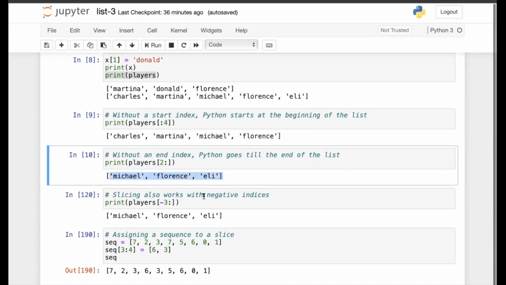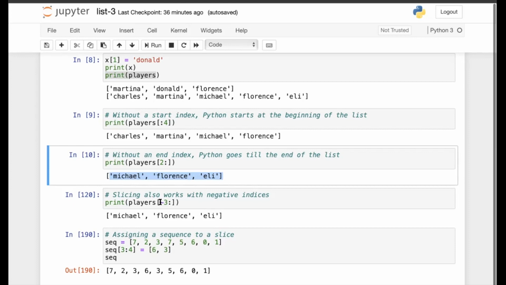Now, slicing also works with negative indices. So when you provide negative indices, these basically are considered from the end. So -1 means the last index, -2 means the second last index, and -3 would be similar and so on. Okay, so players -3 means you are basically referring to the third index from the end.